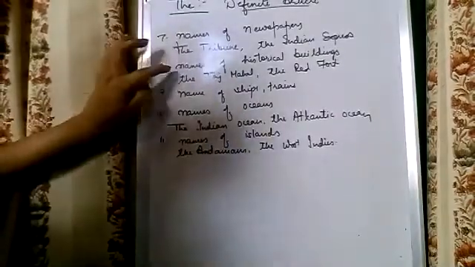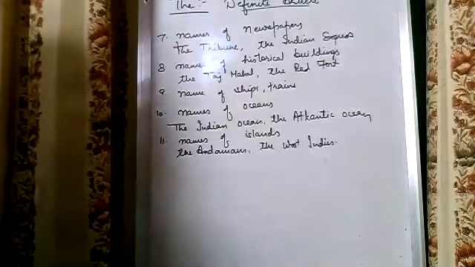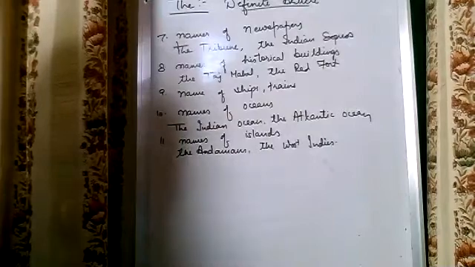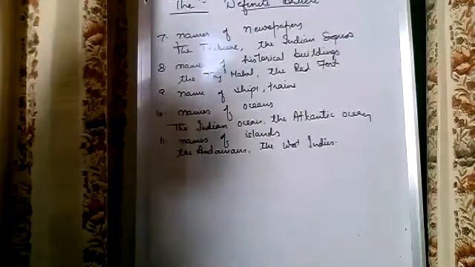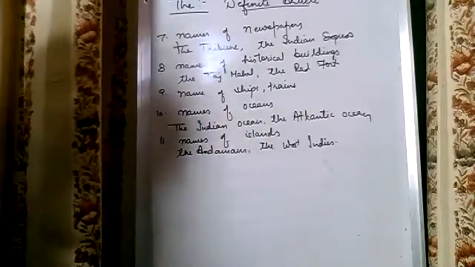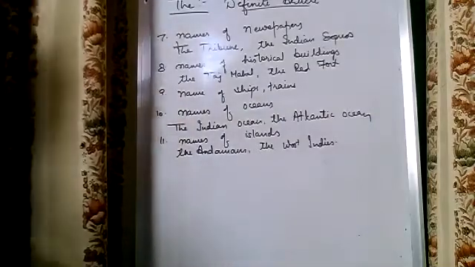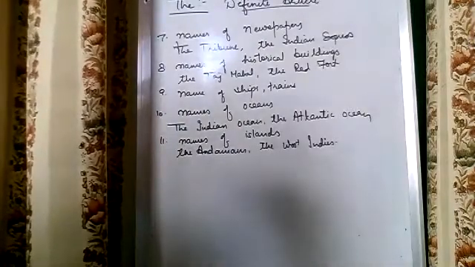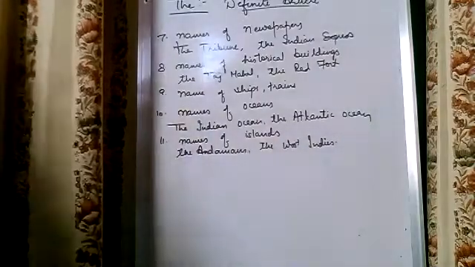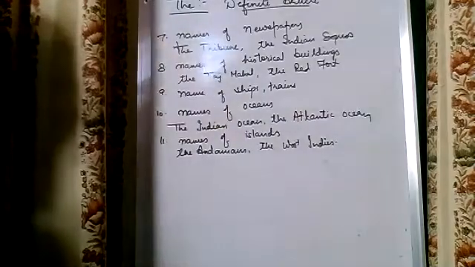Names of newspapers, names of historical buildings, for example, the Taj Mahal, the Red Fort. Next, the names of ships and trains, for example, the Frontier Mail, the Vikram, the Kanishka. The names of oceans, the Indian Ocean, the Atlantic Ocean. Then with the names of islands, for example, the Andamans, the West Indies. So with these also we use "the." I hope that now it is clear to you, right? So that is where we use "the." Okay.